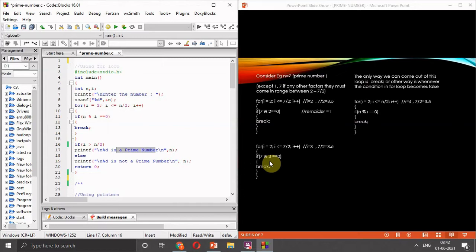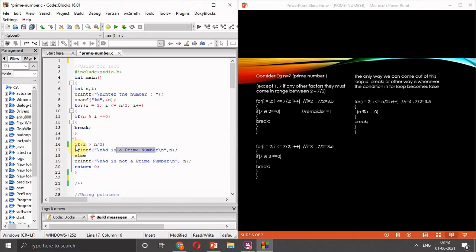Now in the next case, i's value becomes 4, which will violate this condition. i equal to 4 is not less than or equal to 3.5, so we will not continue this loop further, and we will come out of this loop.